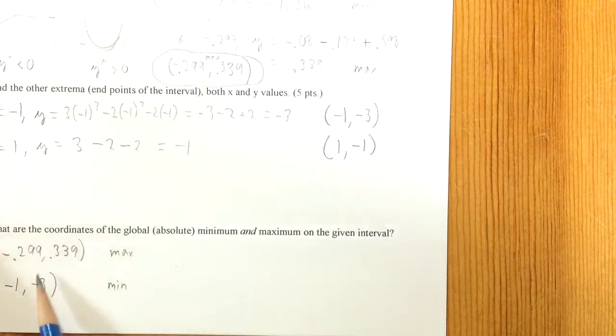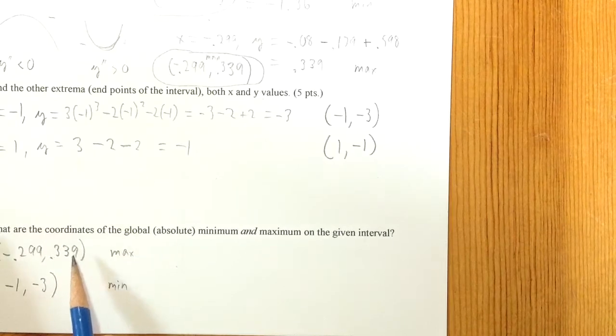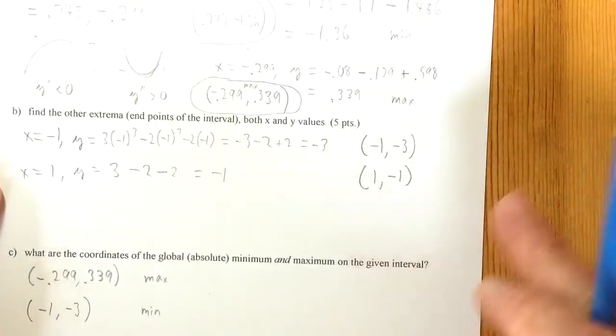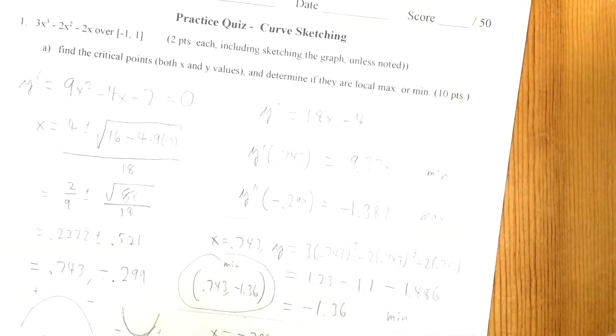And we want to know those because when we graph it, we got to make sure that we only need to go as high as y of about 0.339 and as low as y of negative 3. So we want to make sure we go all the way down to negative 3 in our graph and as big as 0.339. So this really helps us graph it too, knowing how big to make the graph. Okay, then